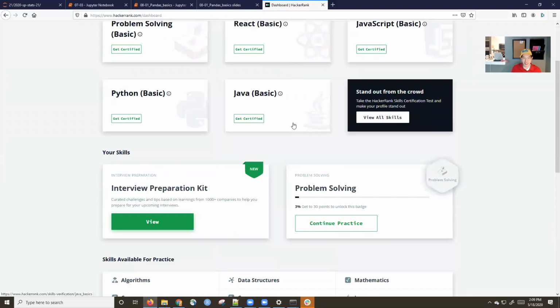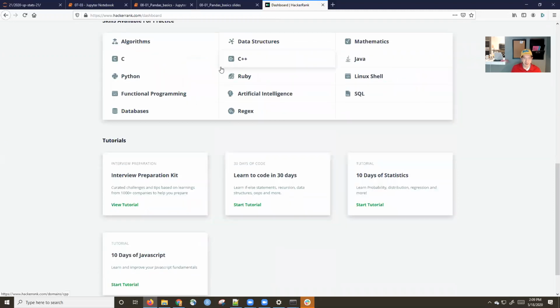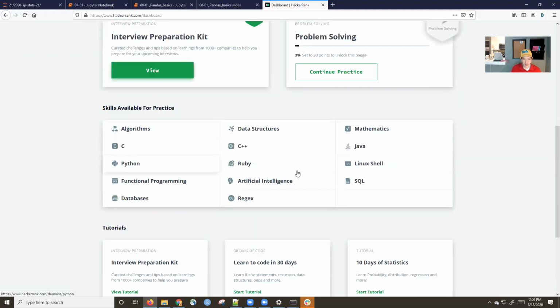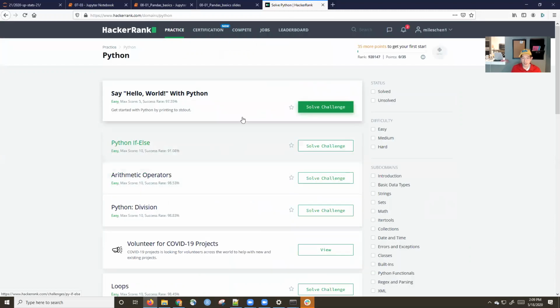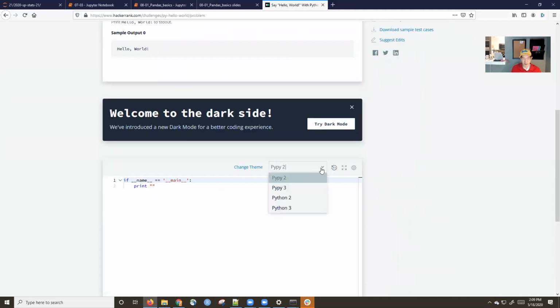So anyway, you can create an account and log in, and there's different things. Python is one of the things you can do, and you can sign in, and you solve a challenge, and basically